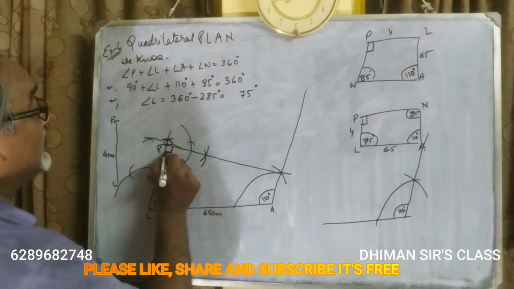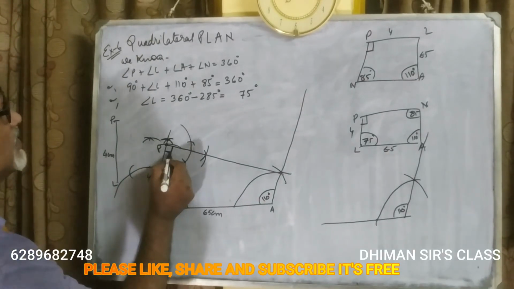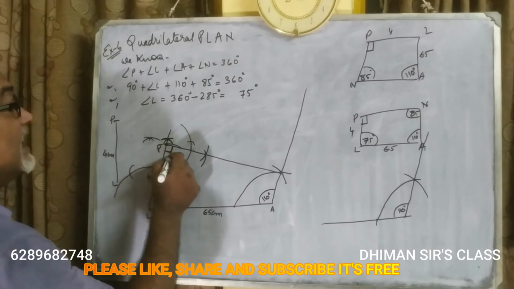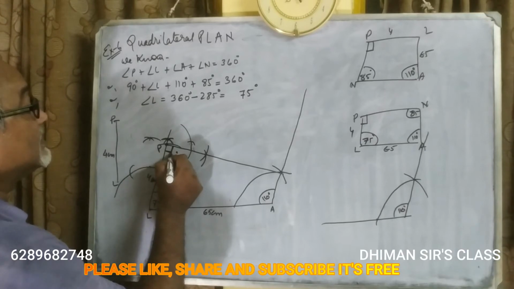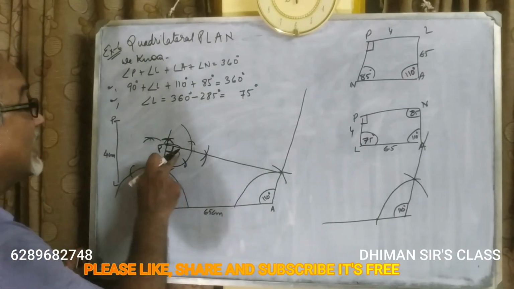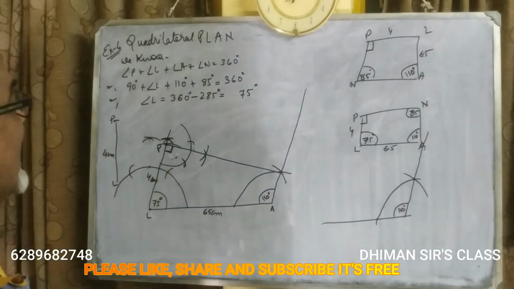Now students, you see this type. See, this one is round shape, but this is not round shape. And this is the unique symbol for 90 degree. Here you may write 90 degree, may not write 90 degree. Even if you give this symbol, it is implied that this is 90 degree. Here you may not write 90 degree also. Then also it is understood that this is 90 degree.